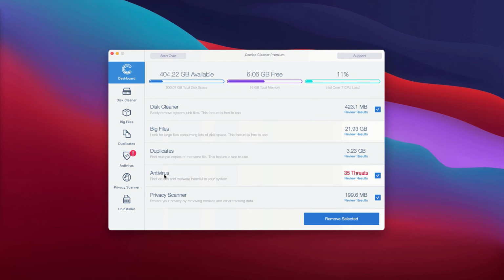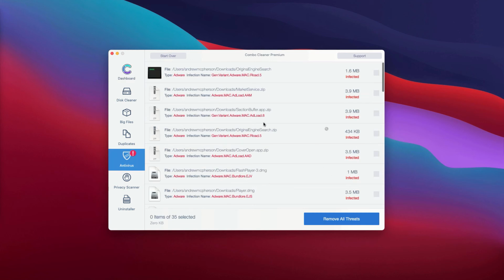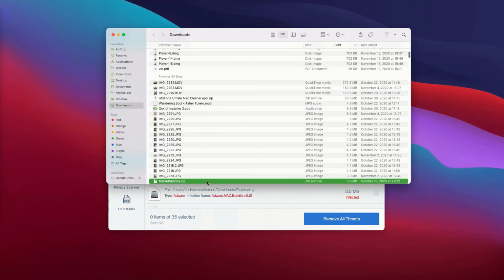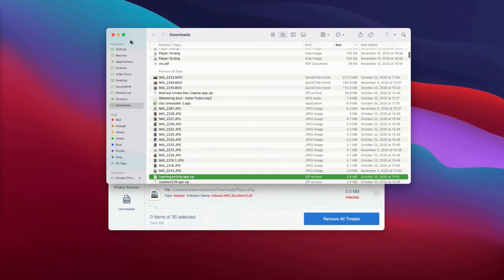You may go to the antivirus area and click on Review Results. The antivirus will give the total number of threats, and to review them, click here. Now, the program will show you the name of each specific threat, and what's very important, it will also show you its exact location. So what you can do is to click on this button that says Show in Finder. So it will show you its location in Finder, and you may remove each specific threat manually, one